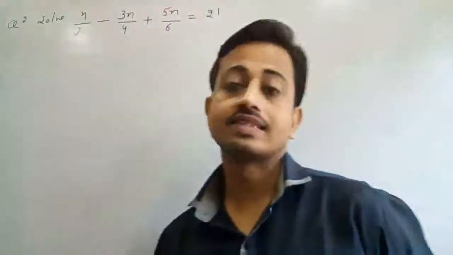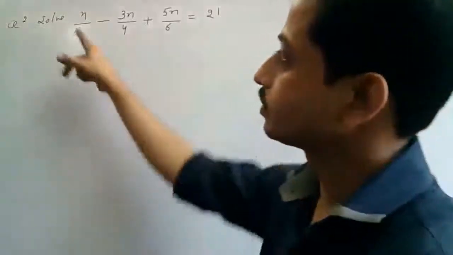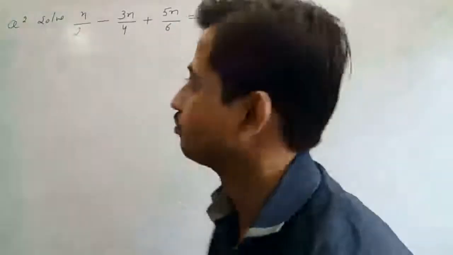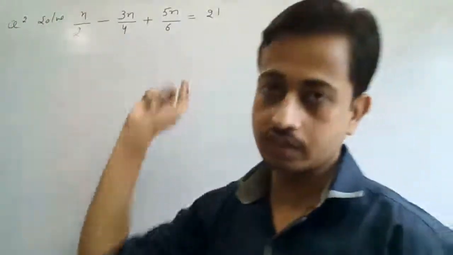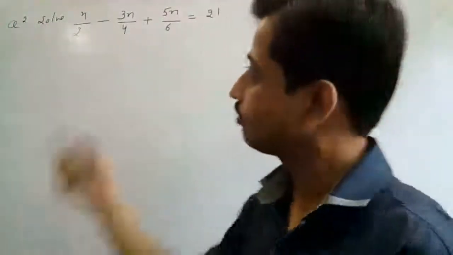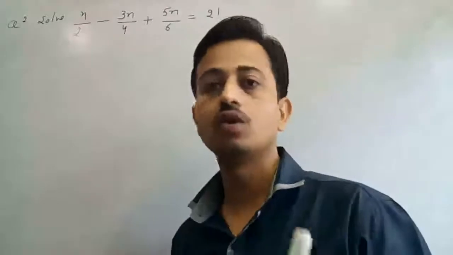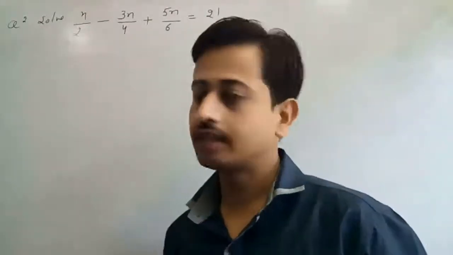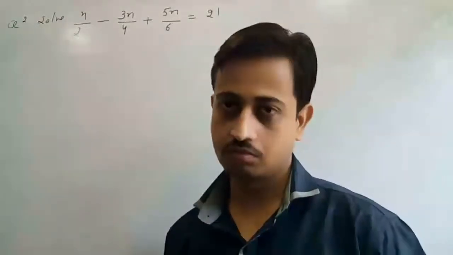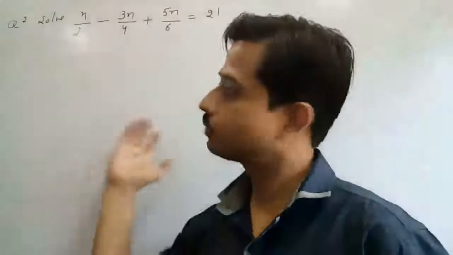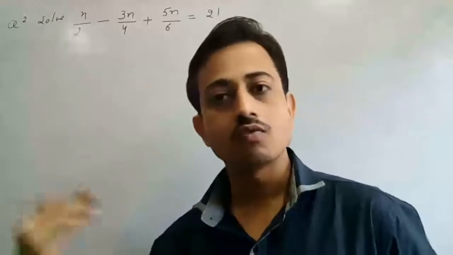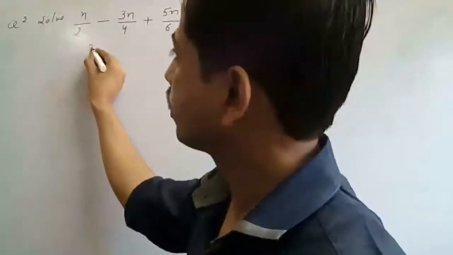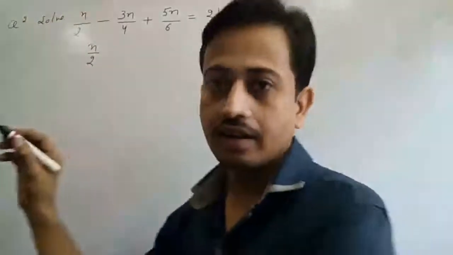Now I am going to take the second question. Please read the statement. We have to solve it. In this, the variable is n. In this we have three equations, and in terms of rational numbers we have to do LCM. And if you want to make it easier, try to make it two terms. Then it's very easy to solve. It becomes very similar to your first question. What do I have to take? I am going to take 1 on the right hand side.